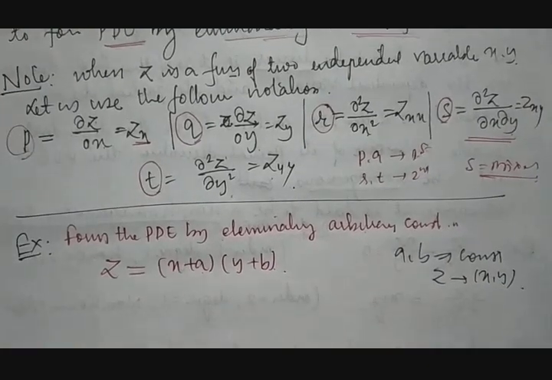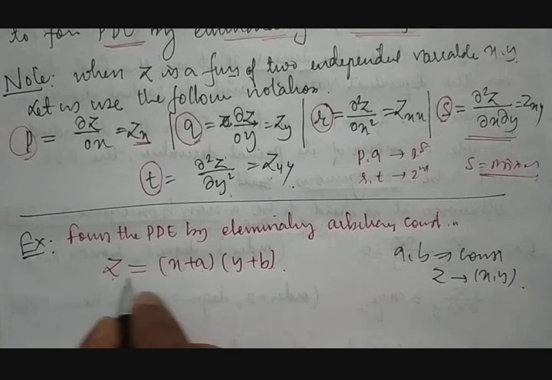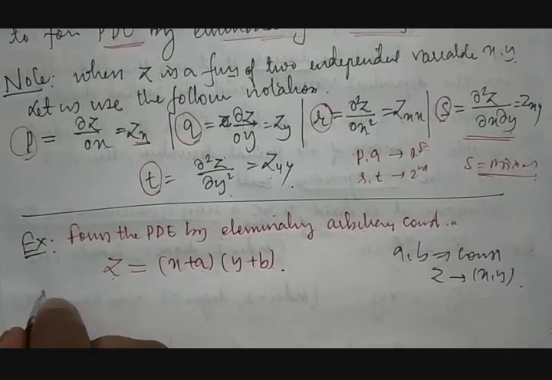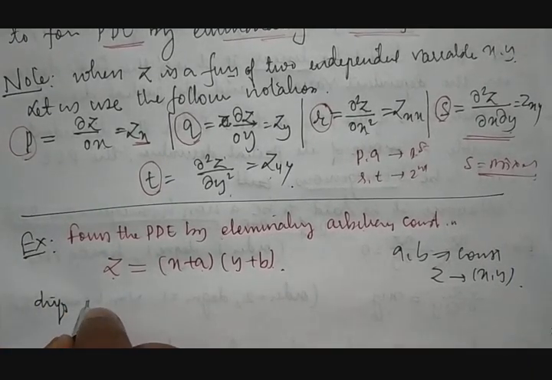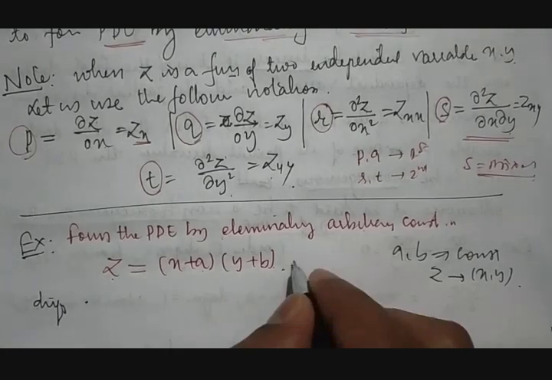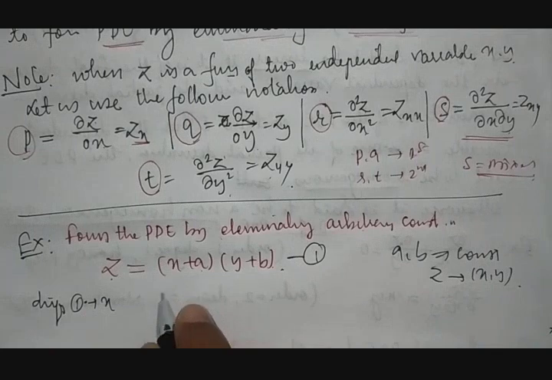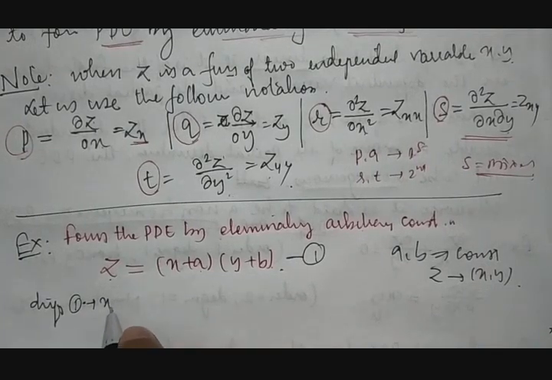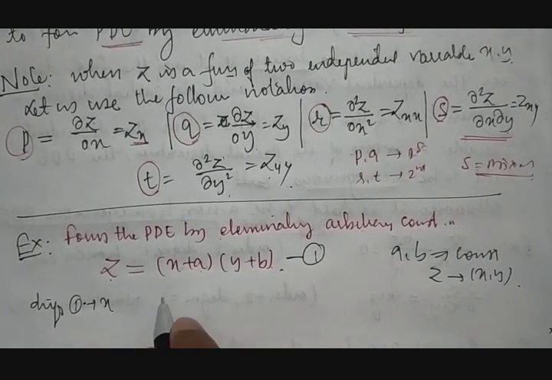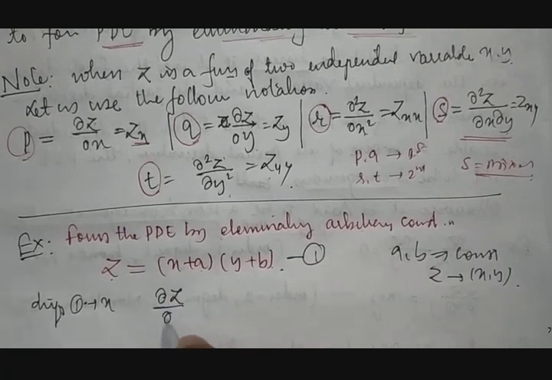So what to do? Very first, we take Z is equal to this, and I call it equation 1. Then differentiate equation number 1 with respect to X and Y partially. First we differentiate with respect to X partially. So we get dou Z by dou X